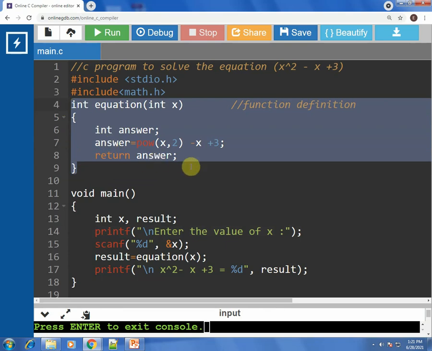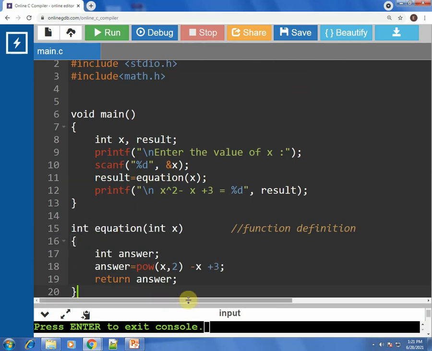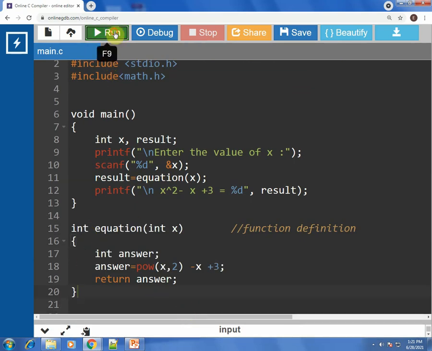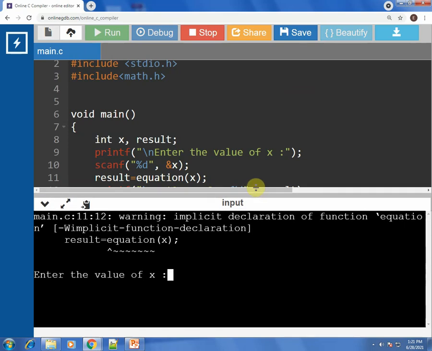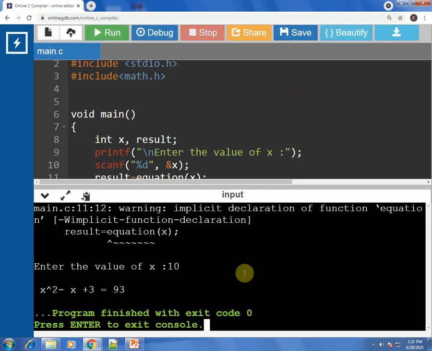Now some people will have this question: what if I write this after the main? Let me try that. Let me write this function after the main. Will it work or not? Let us run the program and see. It has given a warning saying you need a declaration of the function. Implicit declaration is required, and let us see if we are getting the output.